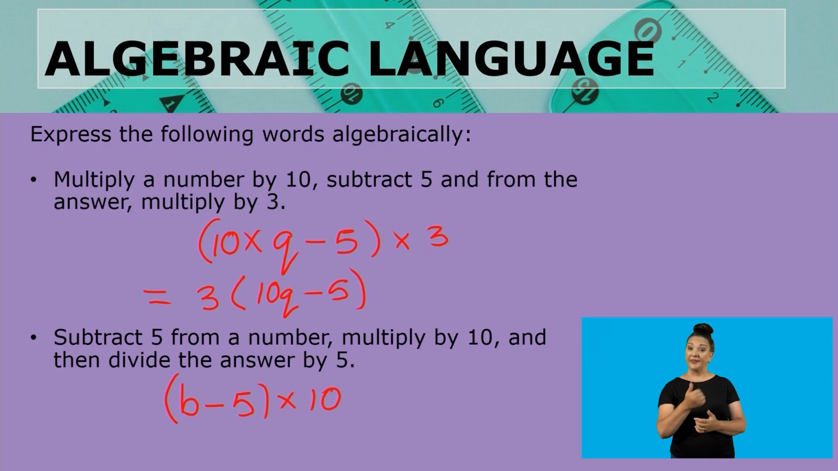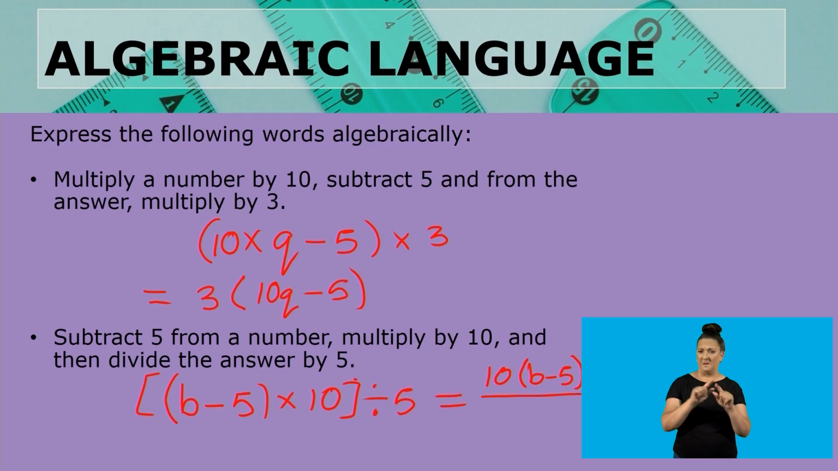And then divide the answer by 5. So everything here has to now be divided by 5. But how can I write this so that it is more presentable and less complicated? Firstly, we know that we are going to multiply by 10 after we've subtracted 5 from that number. So that is still going to be b minus 5 in my brackets. We're going to multiply by 10, and then everything is going to be divided by 5. And that is how those words are